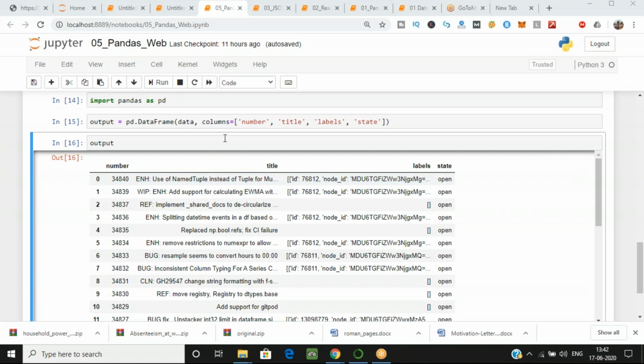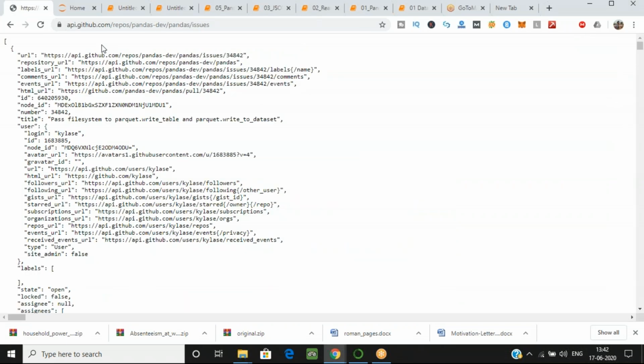Yes, I'll show you the URL again, Shreya Mishra. I'll pass this URL to the chat box also.